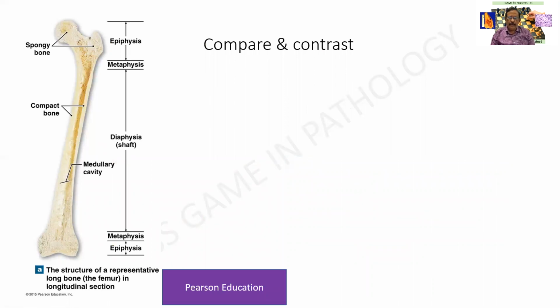I would like you people to kindly compare and contrast. See, this is a normal bone that we have got and the ends of it are the epiphysis. The epiphyseal end of the diaphysis is called the metaphysis. That is how we should remember. So diaphysis will be in the center, metaphysis towards the periphery and still further so will be the epiphysis.